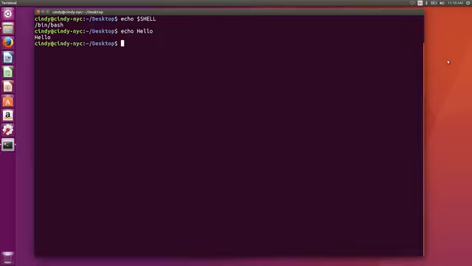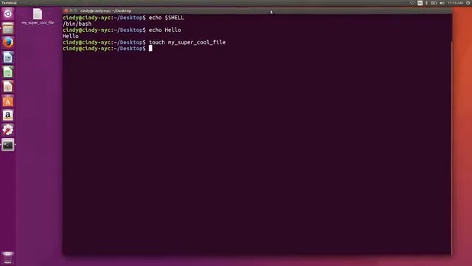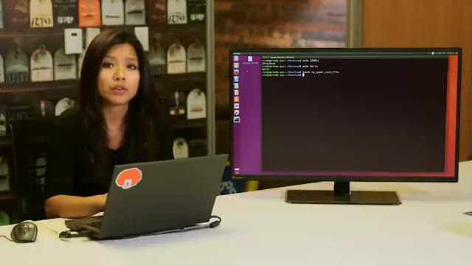Okay, let's create a file in our shell. I'm going to use the touch command. Touch my super cool file. And here, you can see it made a file on our desktop. There are many different commands you can use to make a file, but the touch command is one of the simpler ones. Right now, it might be hard to understand why you have to memorize Linux shell commands when it's